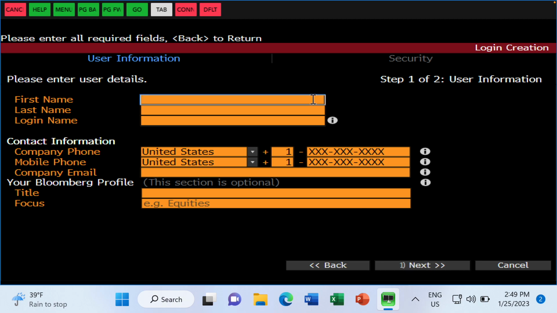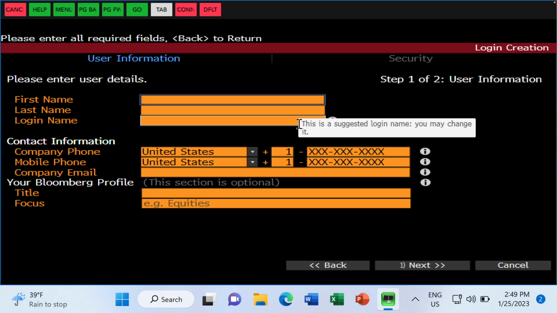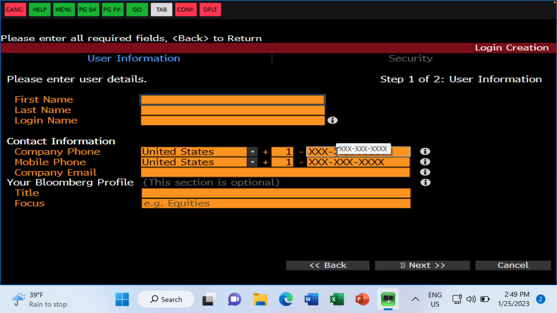Next. You'll type in your name. Choose a login name, like I'm Jay Perfetti, not an email address. Type in a phone number, preferably your cell phone, and an email address, and then hit next. On the next screen, it's going to say, where do you want us to send a confirmation code? Cell phone, text message, email, you'll get a code. You'll type in that code that they send you, and then it will create your account. You'll then choose a password, and then you're done. And then you'll go back to the login screen and log in with that username and password.